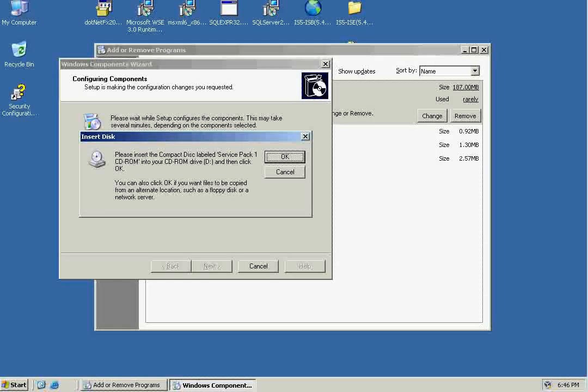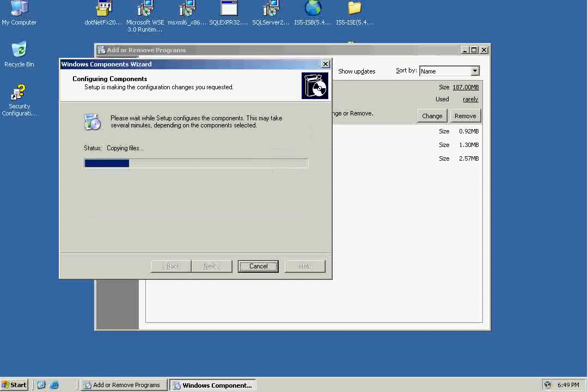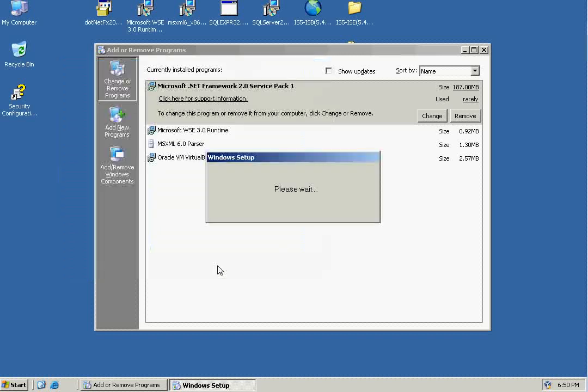As we can see in my case, it's prompting me for the Service Pack 1 CD-ROM. I'll install that now. And after I insert my DVD, the installation for IIS will complete. I'll click on Finish,